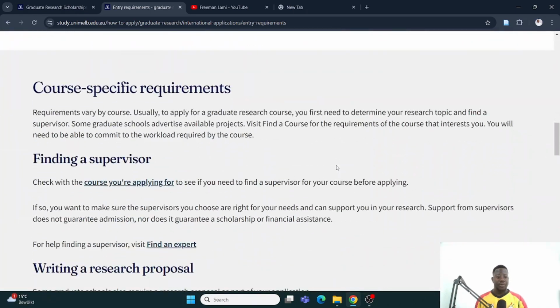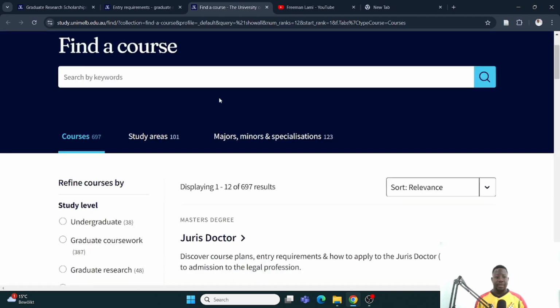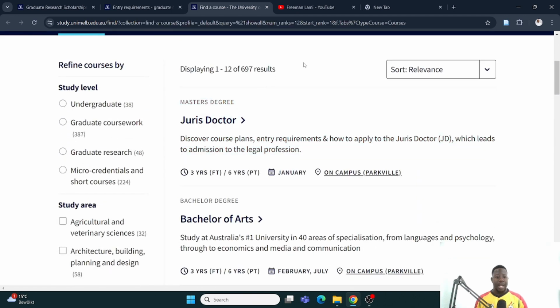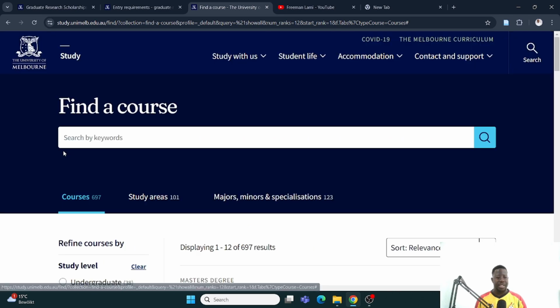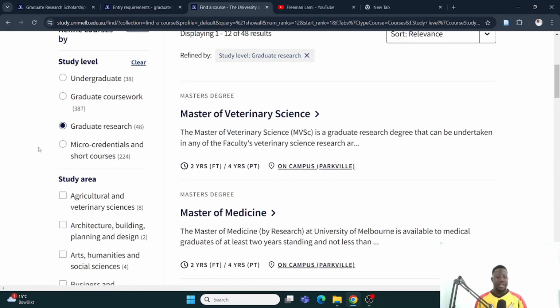So now let's go to finding the supervisor. Firstly, you have to look for the course you want to apply for. If I click on that, it takes me to all the courses that are offered by the university. Now, remember that we are applying to only research courses, or graduate research courses. So it's very specific. So if we filter to graduate research,